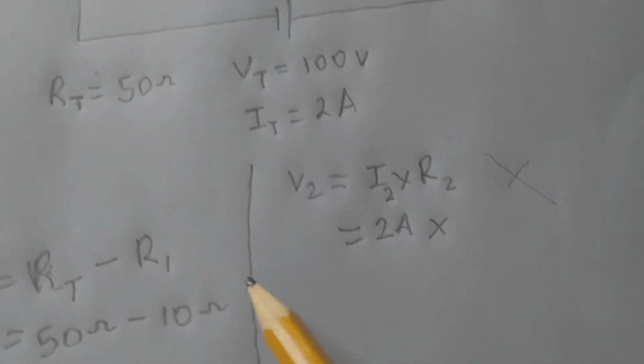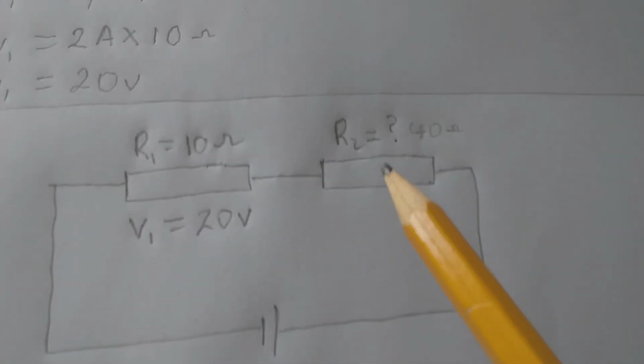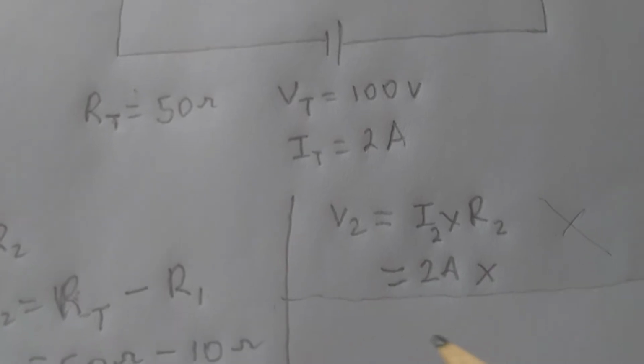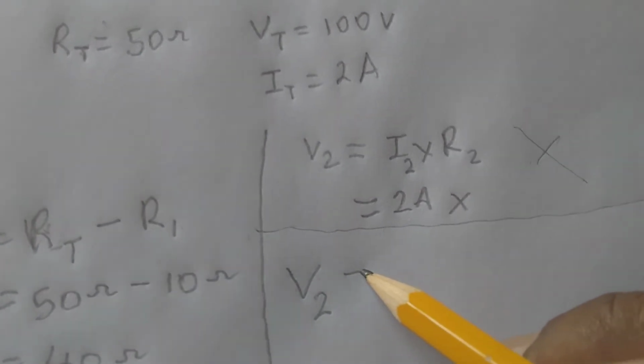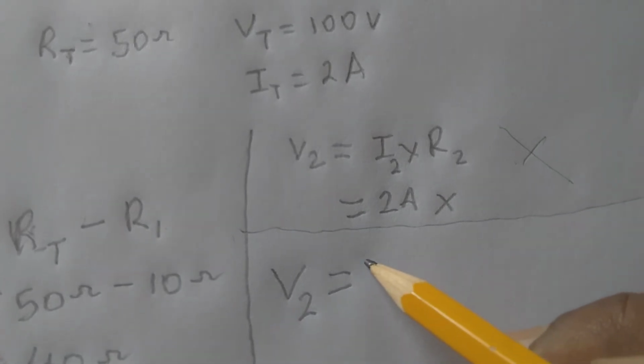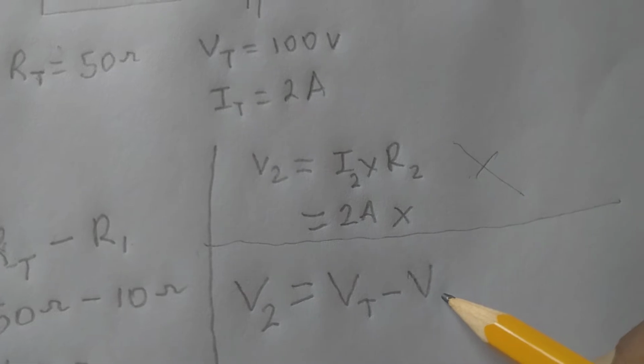So let us take out this part of it. That cannot work because we don't have R2. So we're going to look for V2 and come up with a formula: V2 is equal to VT minus V1,